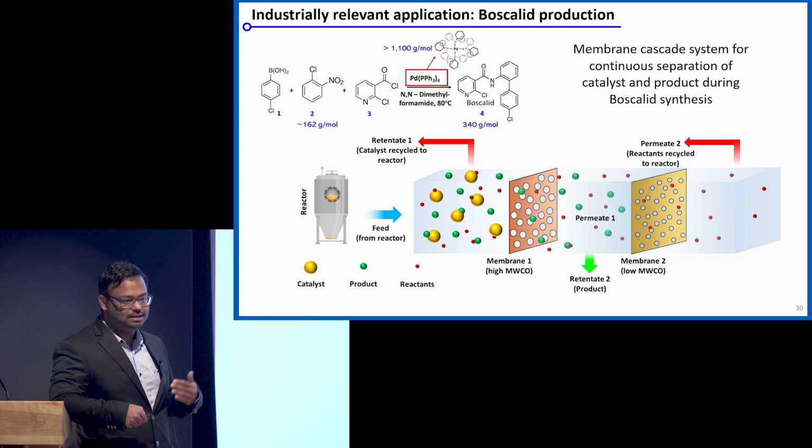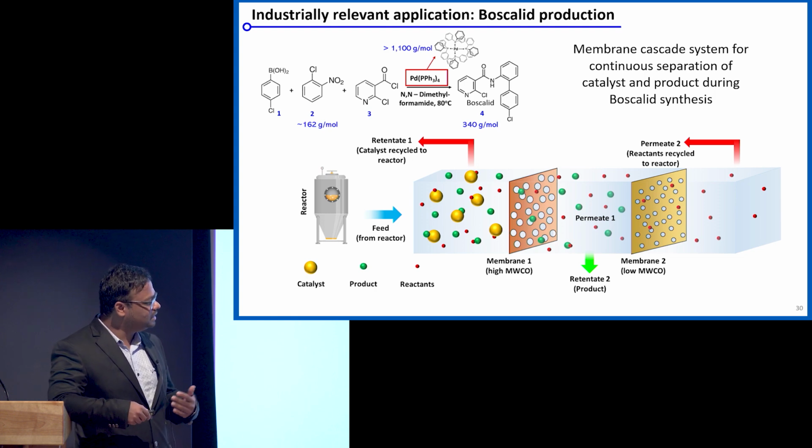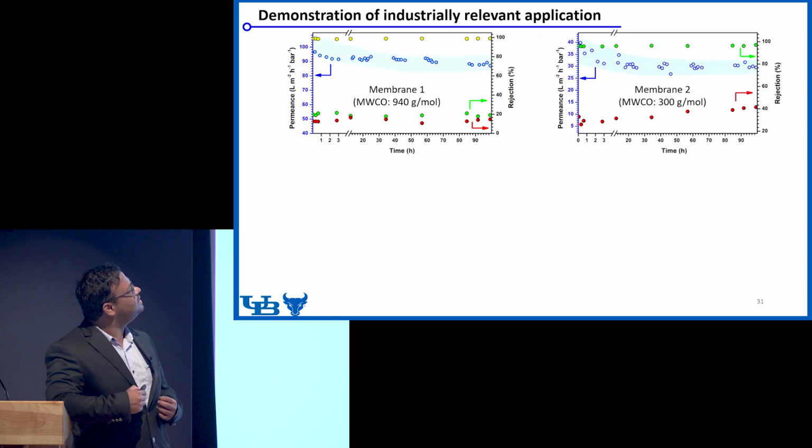This is fed into the second membrane, and the second membrane rejects the larger product compared to the reactant, and the reactant and the solvent we can send back to the reactor. So we ran this membrane operation for a period of 100 hours for a stability test at 90 degrees centigrade. We see a stable permeance through the first and the second membrane, where the first membrane separates most of